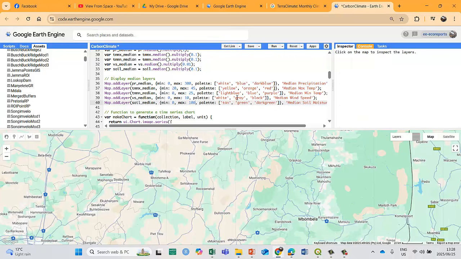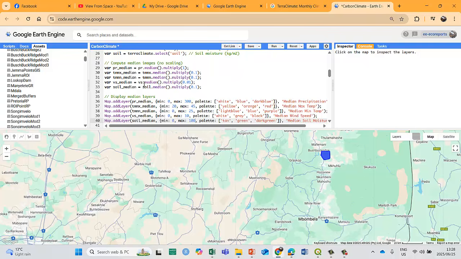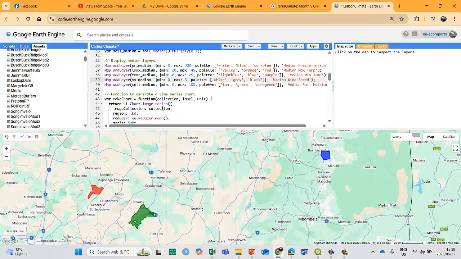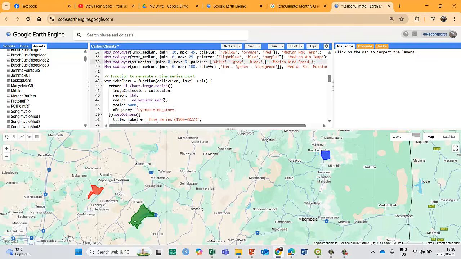Let's run it again. So yeah, because we've scaled it, wind speed, we'll leave it there. Although I think that one is way too big, so let's make it 5. That one soil, I think that's going to be way too much as well, but let's leave it as well. Okay, anyway. And there's the names of it. There's the color schemes, only 3-tone. And then we're going to export it.